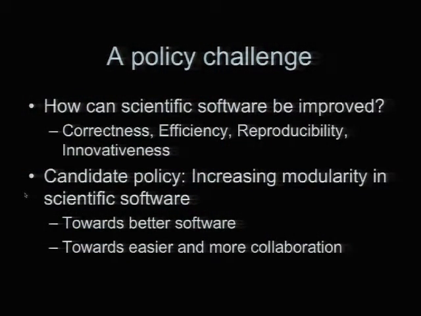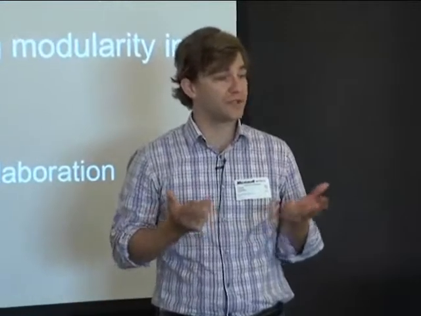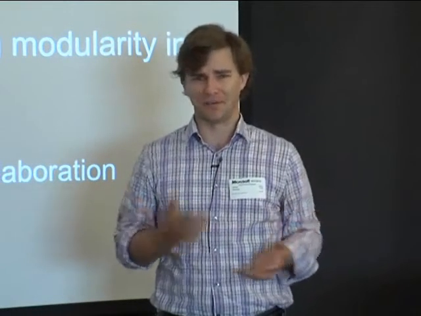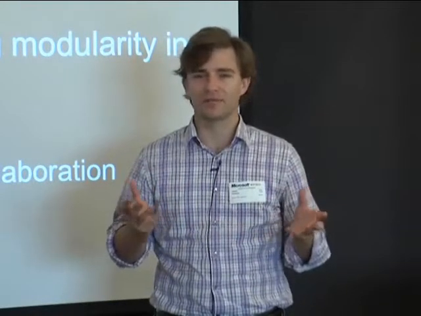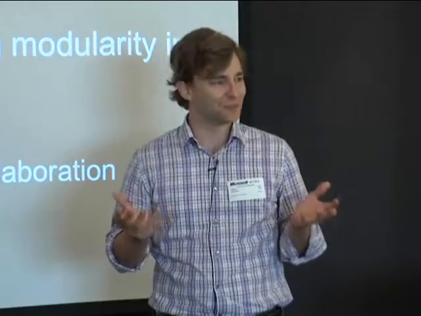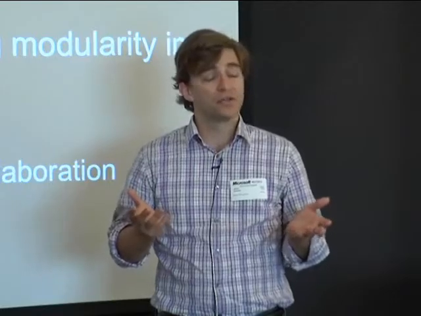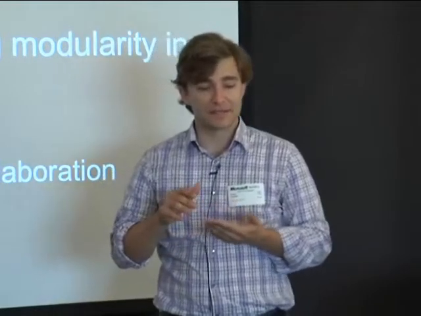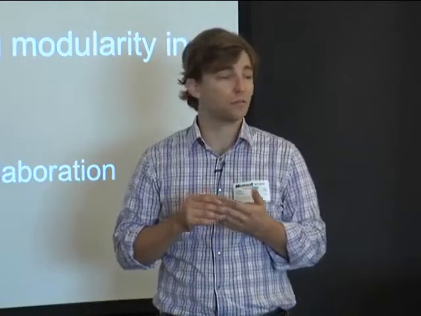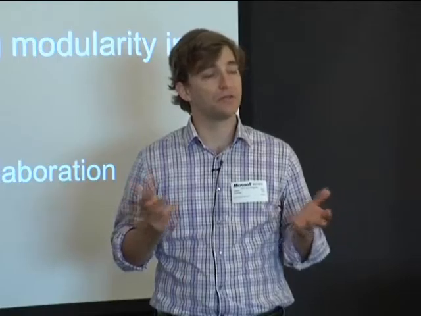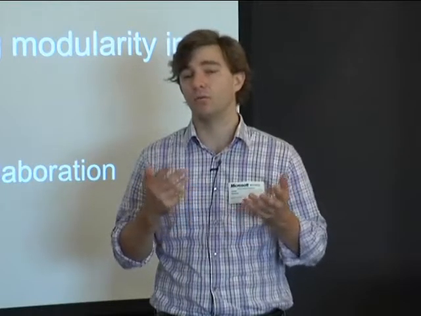So this raises a science policy challenge, which is how can we improve scientific software? Which isn't to say it's doing a terrible job. I'm not saying I'm here from software engineering and I'm here to help and you should have a personal software practice. That may be true, but we know that the Republic of Science works in the ways that it works, and that scientists have produced a lot of really good software. So the question is, how can we look at aspects like correctness, efficiency, reproducibility, and innovativeness, and come up with policies that promote those in ways that accord with how we do science today.